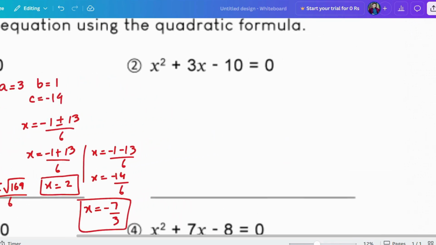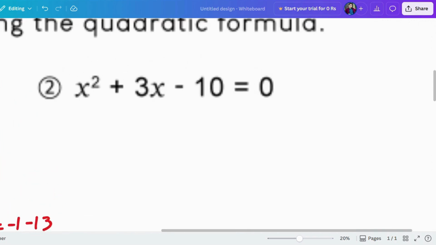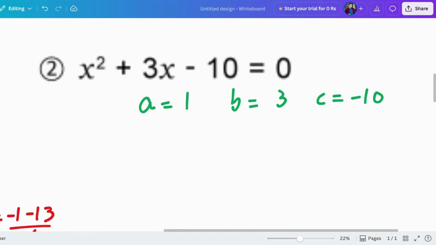Let's just move towards the second question. Okay guys, let's just solve the second question that we have. So as per that, I will get a equals 1, b equals 3, and c equals negative 10. I will put those values into the quadratic formula. So I will get x equals